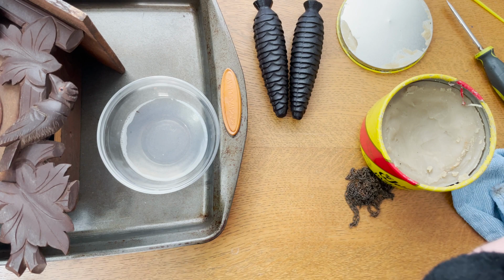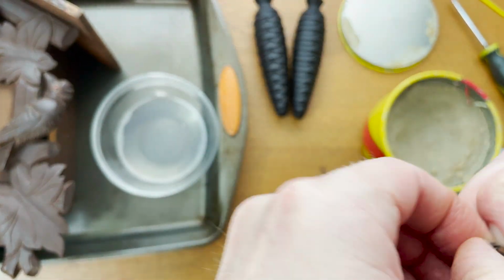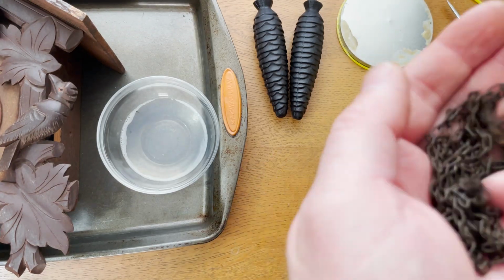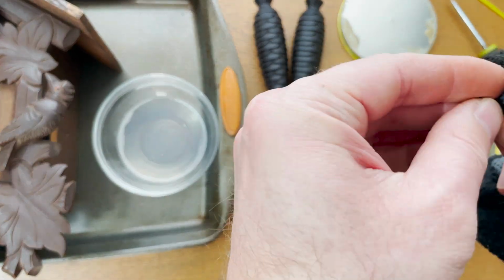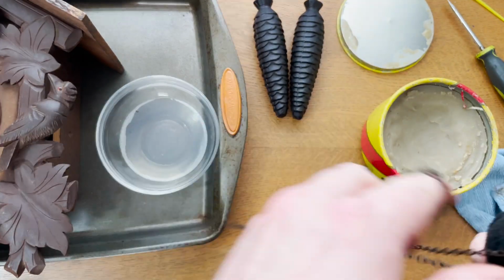But I think these were salvageable, so I didn't end up getting new chains for it. And it just took a little bit of time, and they started looking better. I think I had to do one of the chains several times to get it to where I wanted. And